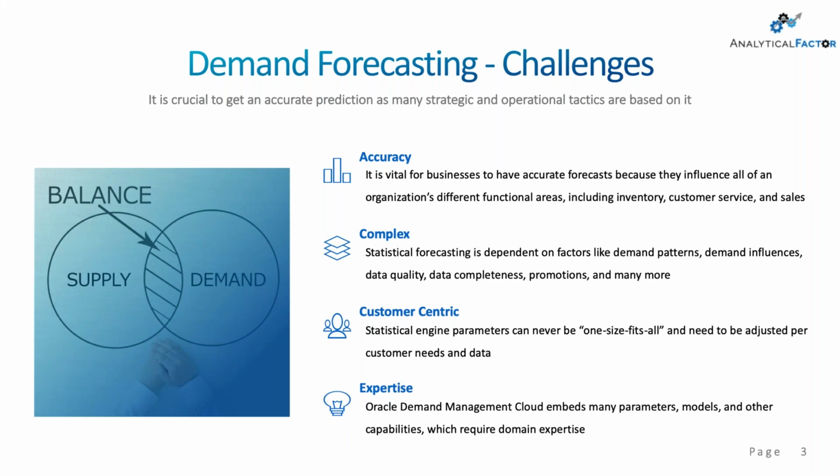There are many different things that are impacting our demand: competitors, promotions, events. The ability to gather all the data from different sources and harmonize it in order to understand the demand patterns is challenging as well. So it's not as easy a process as it might sound to generate good qualitative demand forecasting.